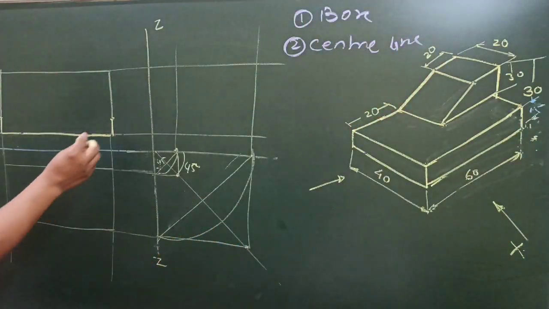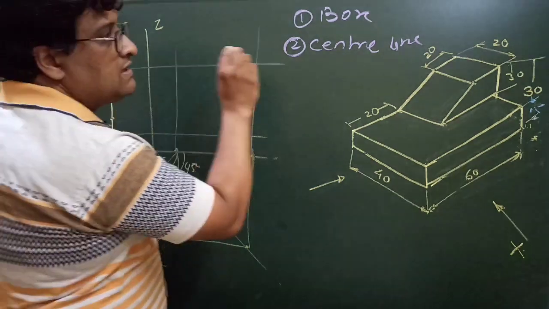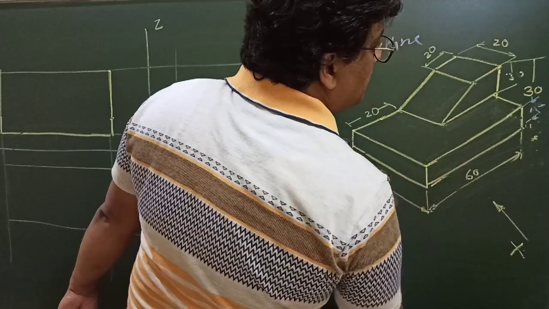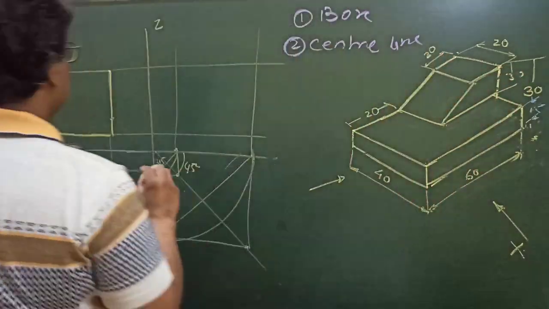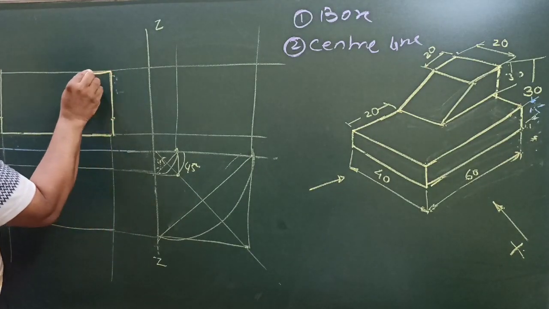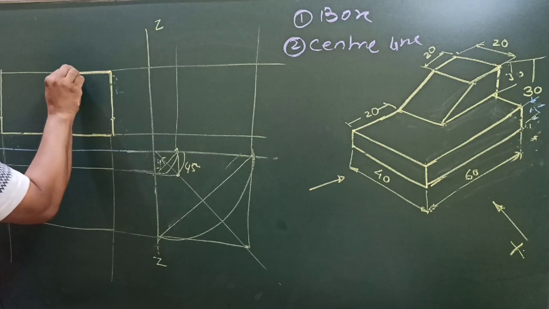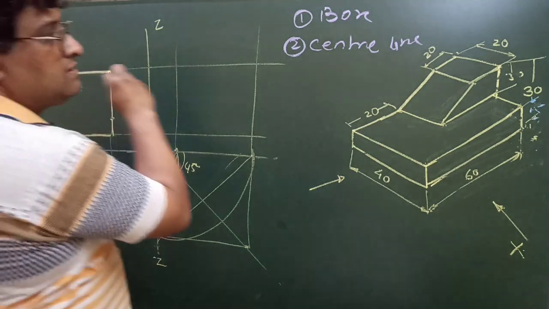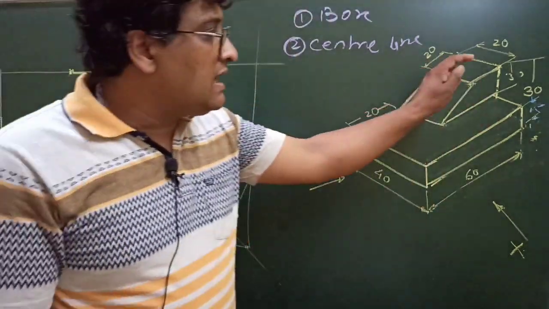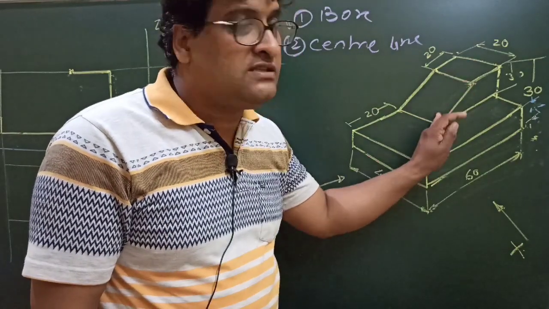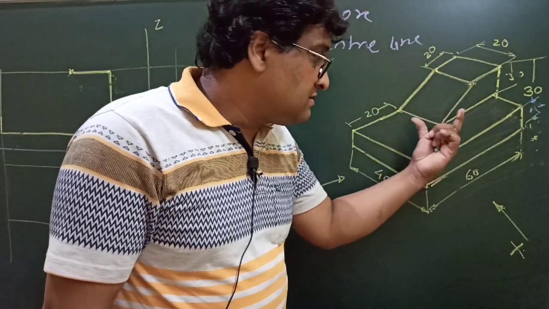So this is the highest point, 30 mm. So we reached here. This point is this one. Now you have to move horizontally 20 mm. Here it is given. So move 20 mm this side, so that you reach to this point. This is the point where we have reached. Now this is an inclined plane and the dimensions for this plane is not given. So we will be drawing this plane at last, right?